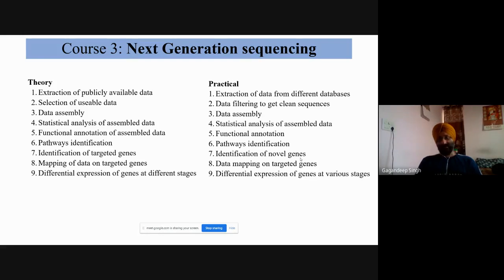But for next generation sequencing, if we are doing all steps, there is one step, data filtering and data assembly, that is basically a big work. I'll teach you by selecting some small dummy data. But for data assembly, if we have paid software, then our computers are okay. If we don't have paid software, because the cost is very high, then we need at least 256 GB RAM and a 10 GB graphics card.